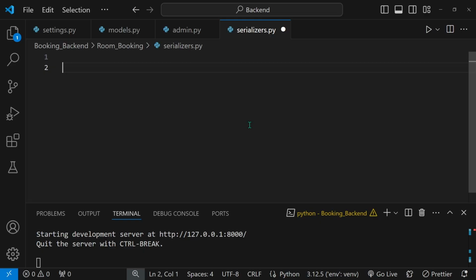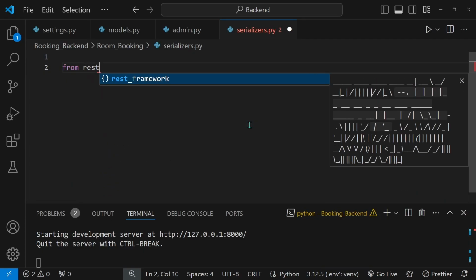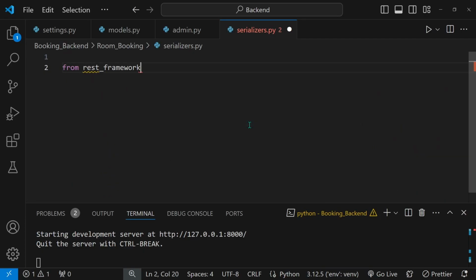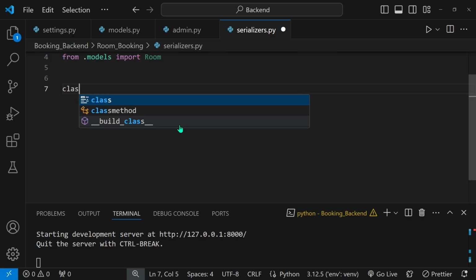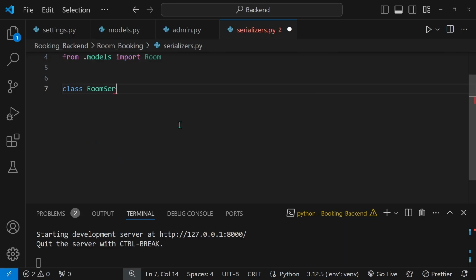To create a serializer, first of all, we'll be using REST framework. So from REST framework, import the serializers class. And we also need our models, so from .models, import the room. The first serializer that we'll be creating will be the room serializer. So class room serializer, and I'll jump right onto the main stuff. It will inherit from the